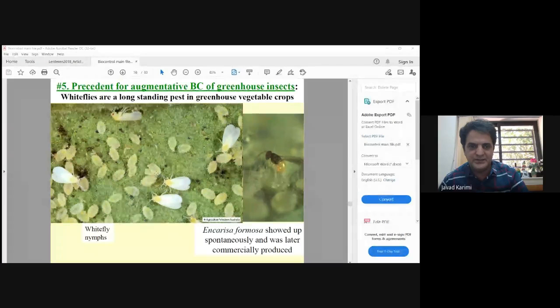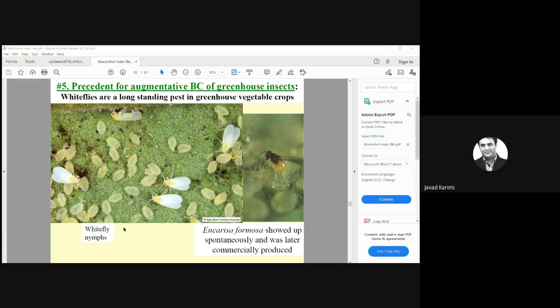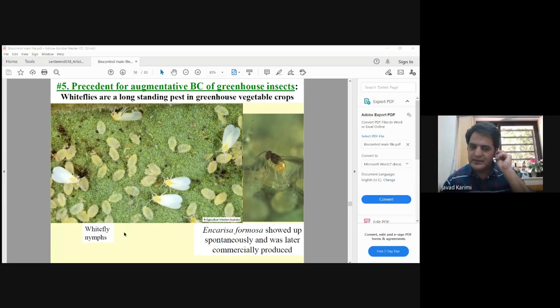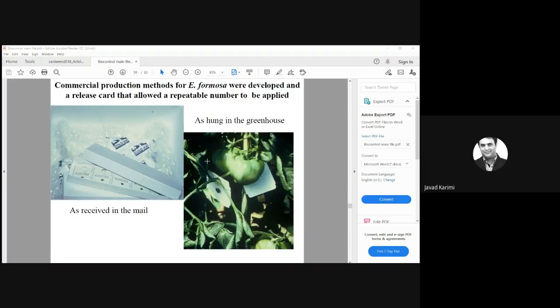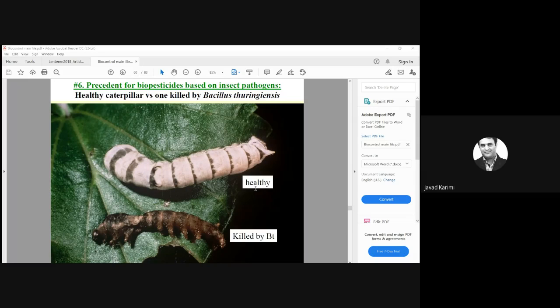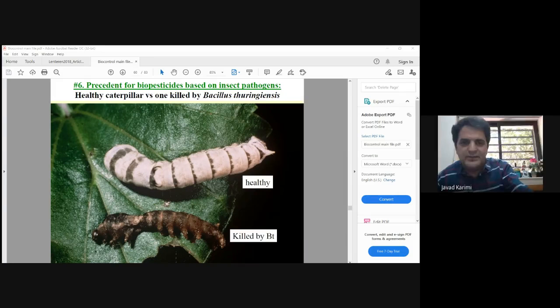And this is another example of the use of biological control, against whitefly. This is a major pest of greenhouses, which we can see everywhere. Encarsia formosa is the most important parasitoid introduced in major countries of the world for lowering the pest density. You can see here some carts which transfer the wasp to lower the pest, and this is an example of another